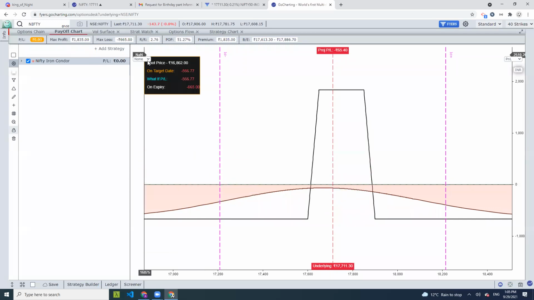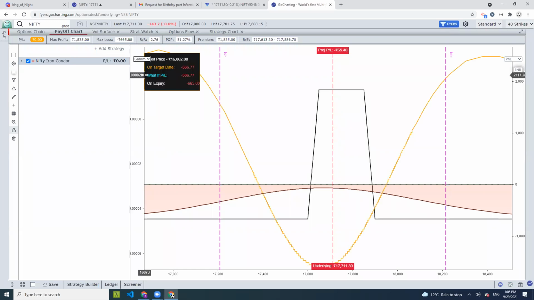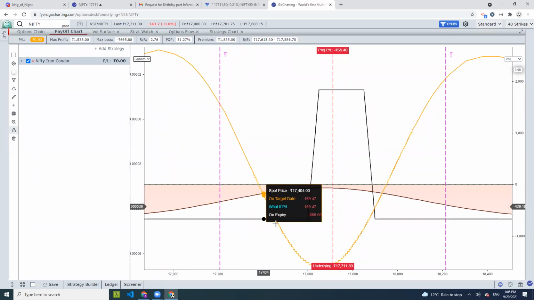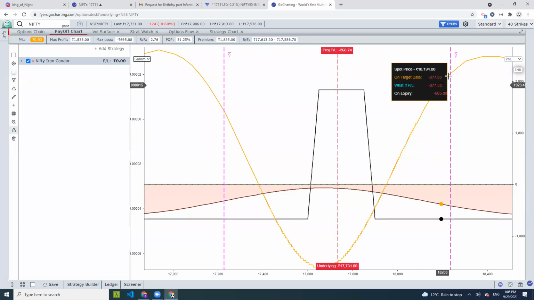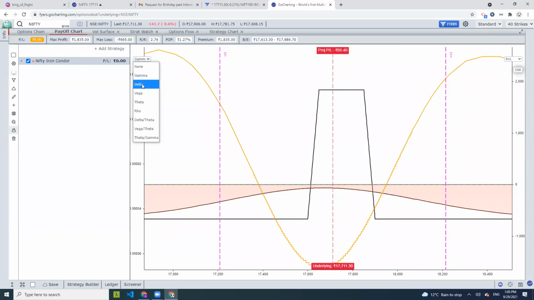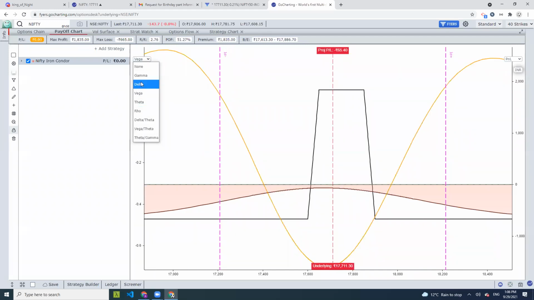On the left hand side there's an axis which allows you to overlay the strategy Greeks. So if you want to see how the Greeks would shape as a line curve for your strategy, I will choose this. This curve is giving you the gamma at various strike prices for your given strategy. Now I want to see delta, I can use delta. I want to see vega, I can use vega. So I can use all these metrics as an overlay. This is additional information for your reference and insight that you get out of the box on this payoff chart.